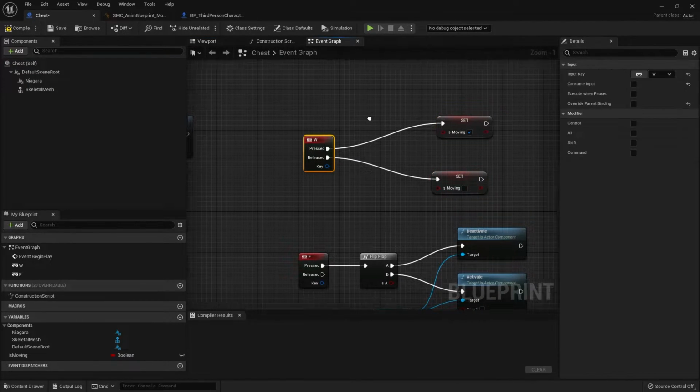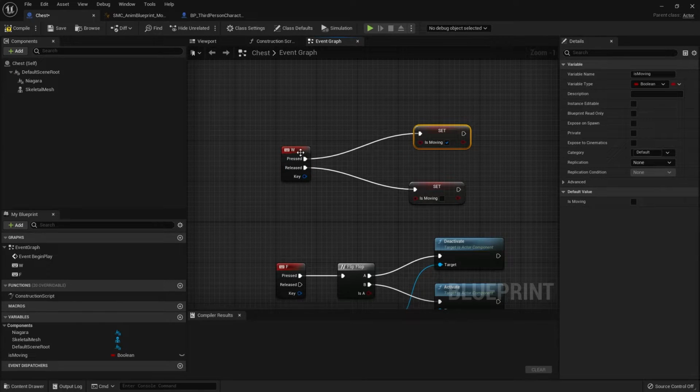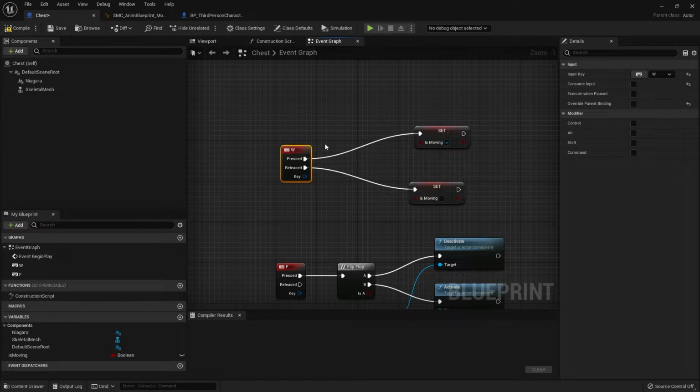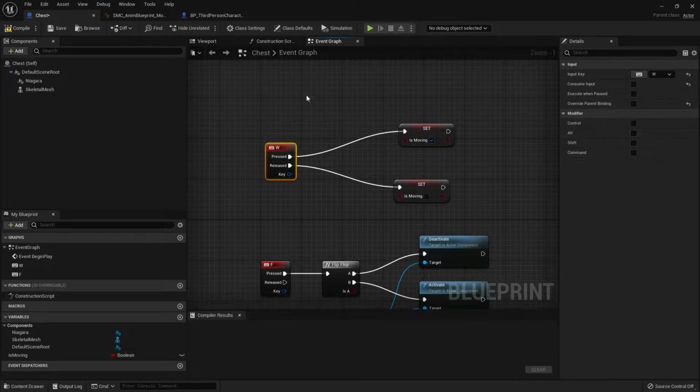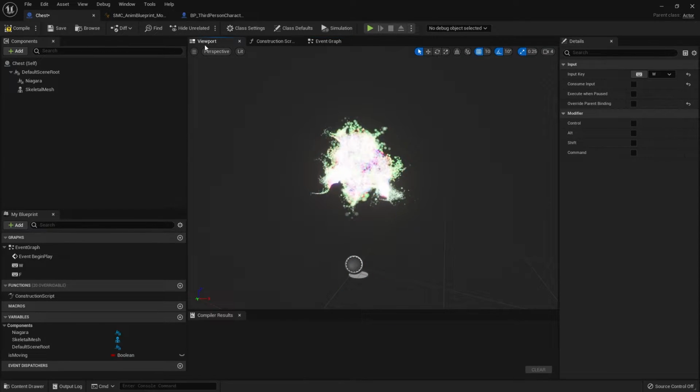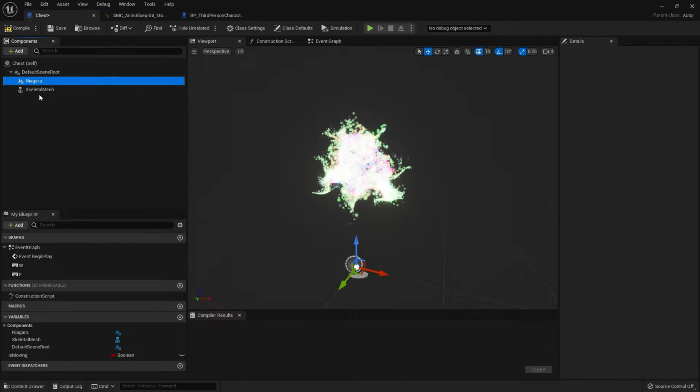This W is to check if the W key is moving, right? So you move forward, and then the character will move, and it will change the states. So in order for this chest to change,